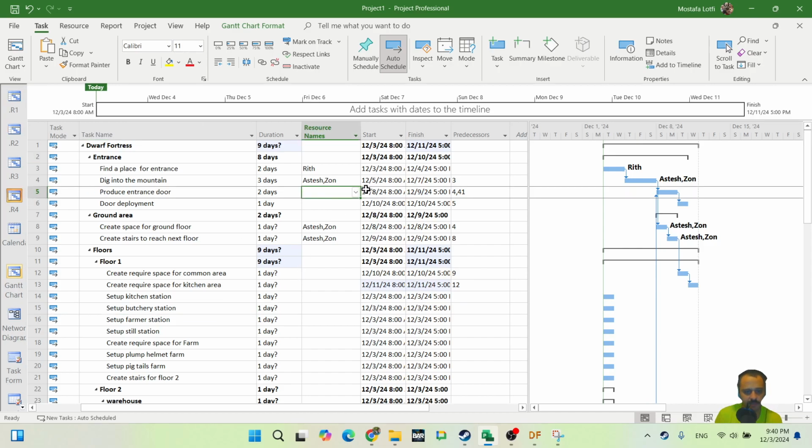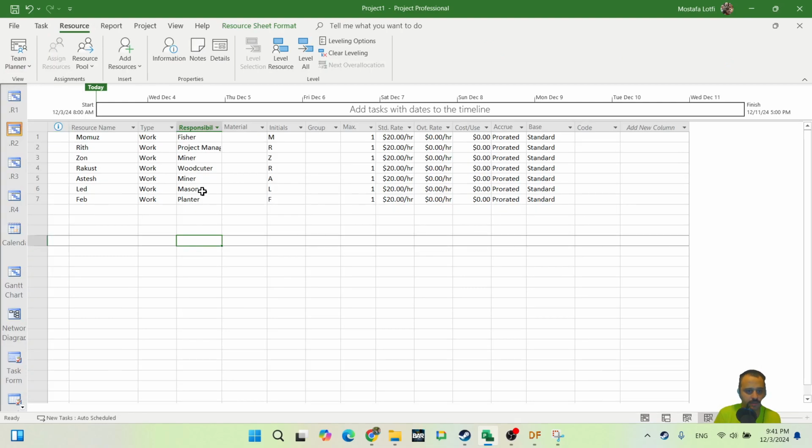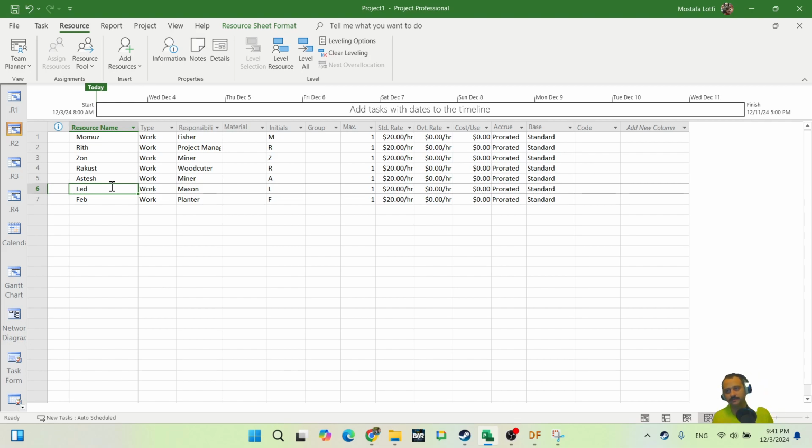Let me give the resource for this one, then move back. Who was the mason? Let me check the resource sheet. Mason was lead. So mason, because you are going to build furniture and doors with stone, right? So your mason should work on this one. So lead is going to be this person, and